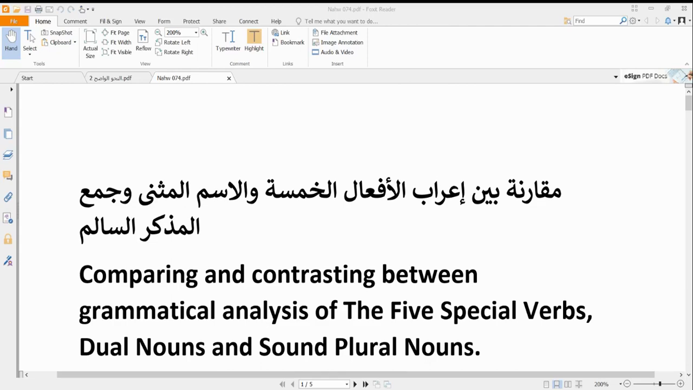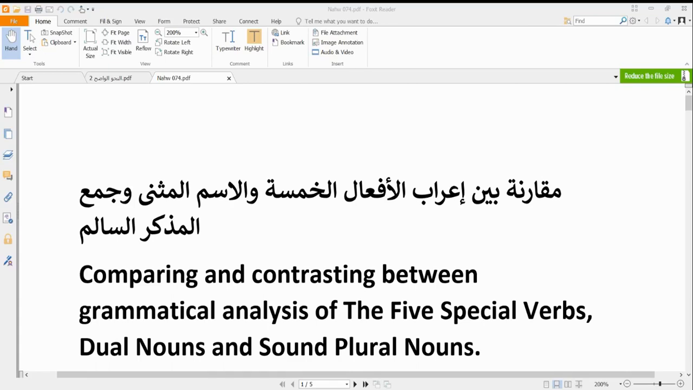Today we are going on to our topic number 74 of the Nahw class: مقارنة بين إعراب الأفعال الخمسة اسم المثنى وجمع المذكر السالم. What we are basically treating in this topic is comparing and contrasting the grammatical analysis of the five special verbs, the أفعال الخمسة, the dual nouns, the اسم المثنى, and the جمع المذكر السالم, the sound plural masculine